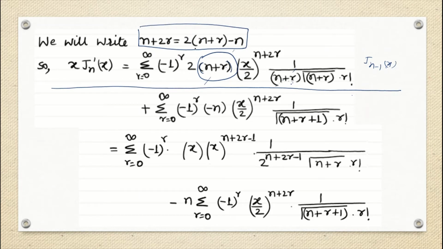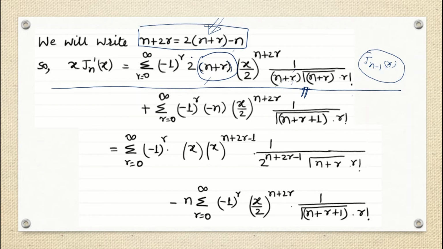And how has this come to my mind, that I have to make this arrangement? Because what we have said is that if I am going to the right hand side, which says to come to the Bessel function of n minus 1 order, then you have to do this arrangement for the gamma function. So n plus 1, n plus r you have got. So n plus r even in the numerator you will get, then you can cancel it out easily. So for that n plus r I am making it here. I just did the simple arrangement and then we got this term, right?